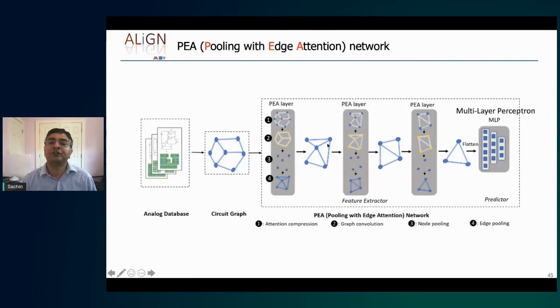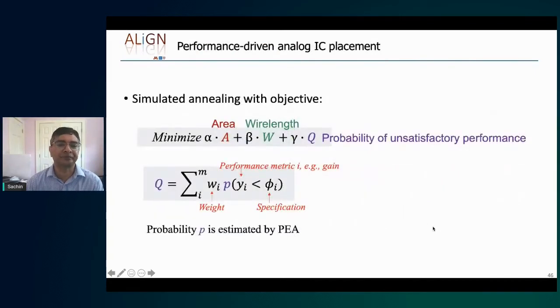Now, the advantage of using this kind of a structure is that, as you can see, going from left to right, the edges are being collapsed. So if you have structures that are fundamentally very similar, but not identical, like those variations of OTAs that I talked about earlier, at the initial stages, they may look different, but at the final stages, they may look very similar. So it's relatively efficient to capture performance using these.